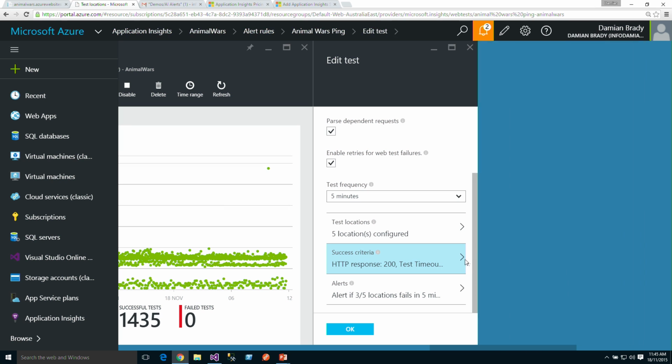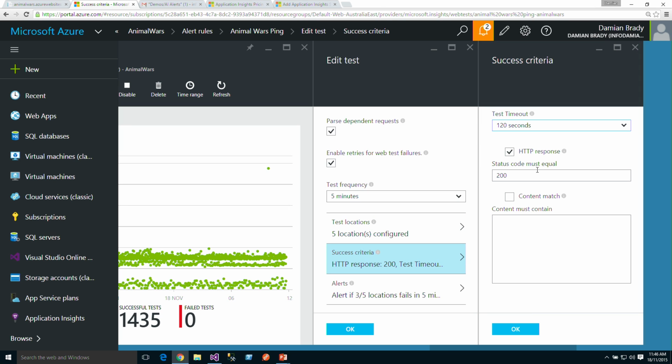The success criteria you can change, but basically I'm just saying if it's a 200, everything's fine. You can also match on content as well. So what a lot of people will do is they'll have a single URL in their site which will give a status report essentially of what's happening, and they can just match that content. So if some part of the underlying system is down, they'll return different content, this test will fail, and we'll